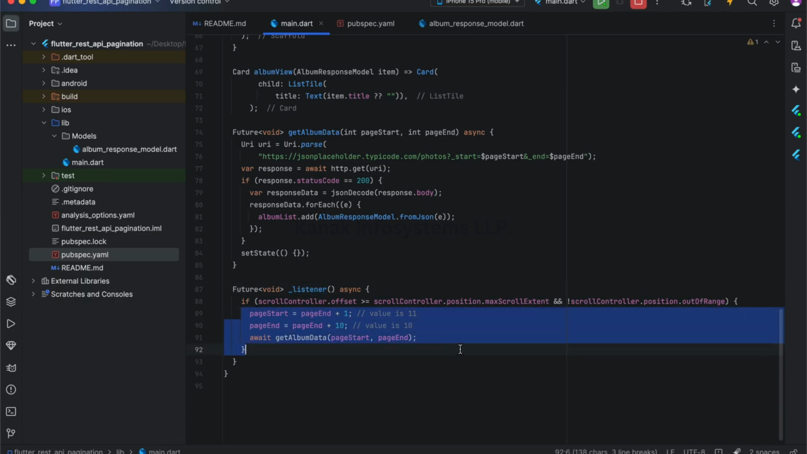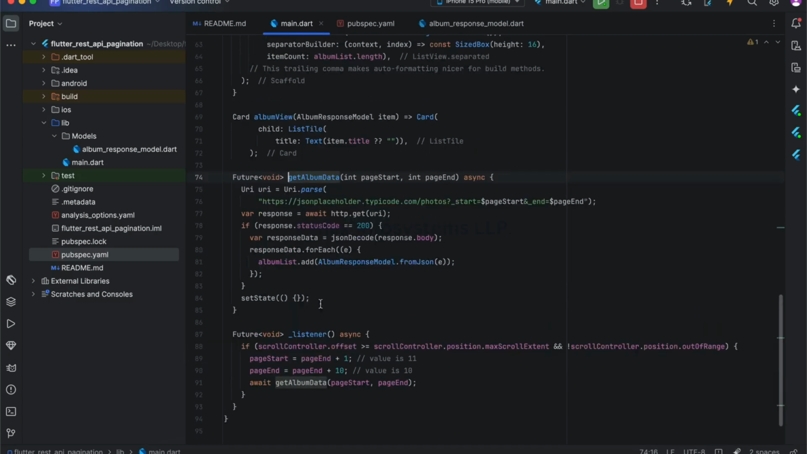Okay, and if the API is called again to add to the list, the first time I increment the page from 1 to 10, and then add 10 more, meaning 1 to 10, next time 11 to 20. Okay,